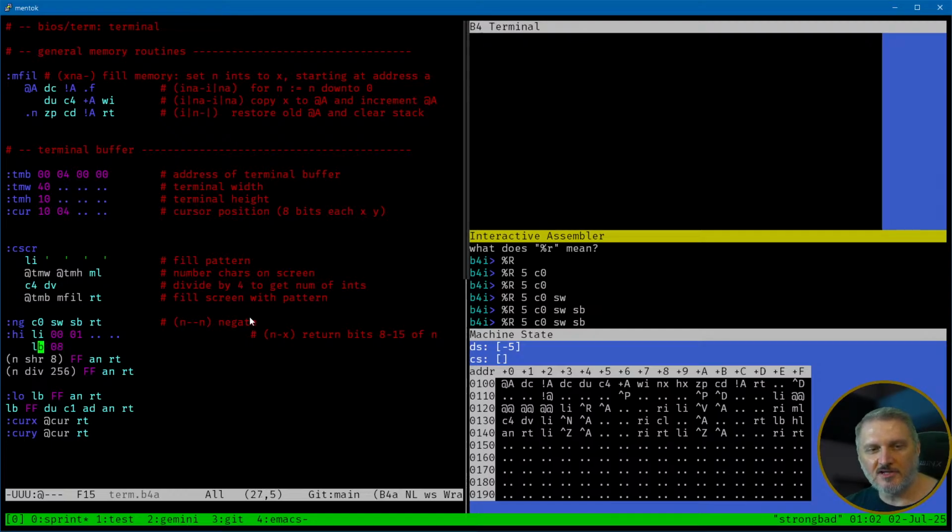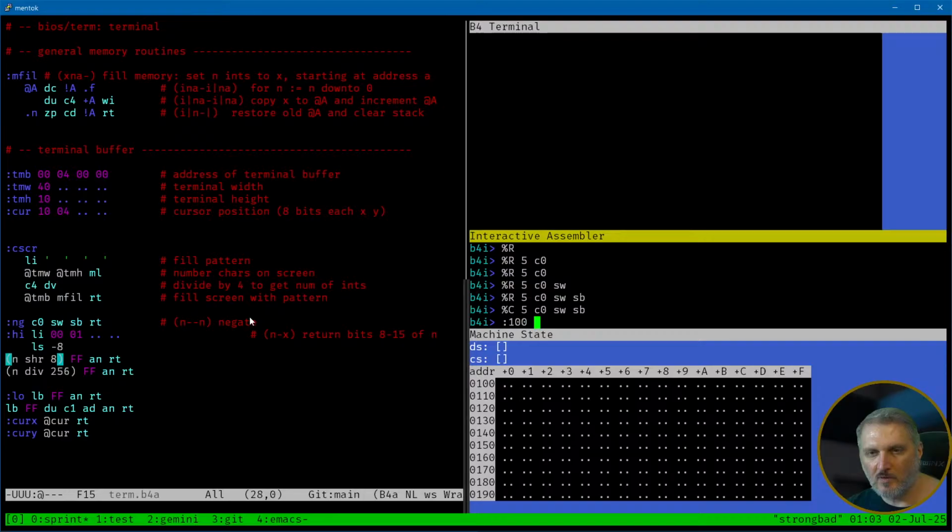In fact, you can load -8 like this. Load sign -8. Although I don't know if that works in this assembler. Let's see if it does. Let's just clear everything. 100, and just put a -8 in there. F8. Okay. Like -1 is FF, but there's a thing. So -8 is F8. Okay, so you can do that, and then we can say